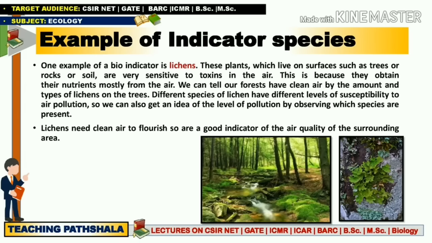Also, in the first paragraph, in the last line, it has been mentioned that there is a presence of different species of lichen, and all those different species have the capability to indicate different levels of air pollution. Just for example, suppose one species disappears whenever the pollution level reaches 10%, and some other species of lichen disappear when the pollution level increases up to 40%. So if we have enough idea regarding the different species of lichen as well as their properties, then by seeing the different species in a particular area, we could say what the level of air pollution is right now.